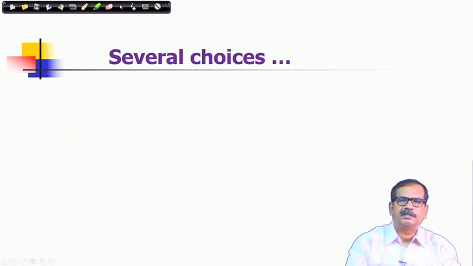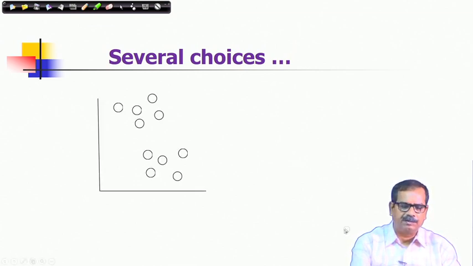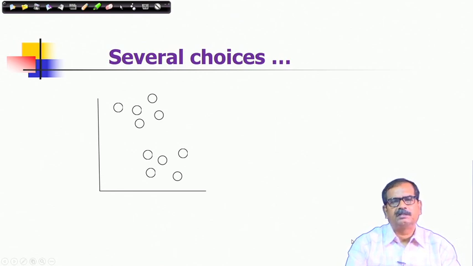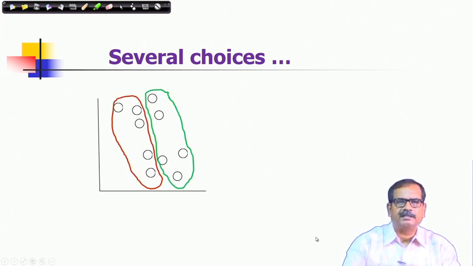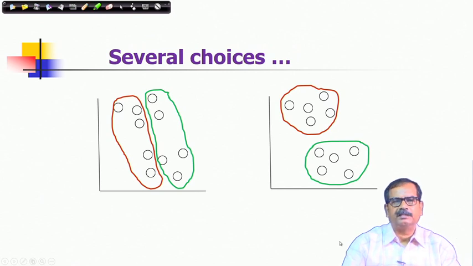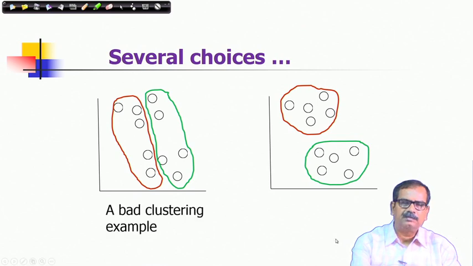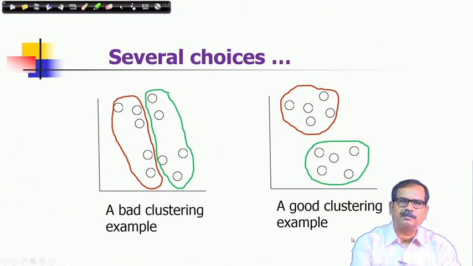There could be several choices of clustering or partitioning. So, it's a non-trivial partitioning problem in that sense. Suppose I give you this data distribution, two-dimensional data points which are shown by these circles, with locations of the data shown in a two-dimensional coordinate space. So, these are the elements. One kind of partitioning could be like this, and the other kind of partitioning could be like this. By considering the two properties of homogeneity and separation, the first one is a bad clustering example, whereas the second one is a good clustering example.